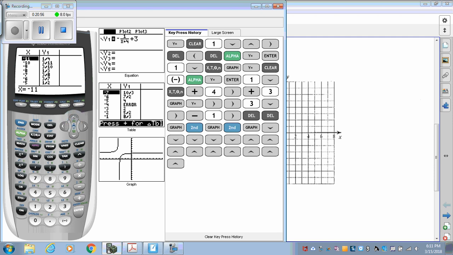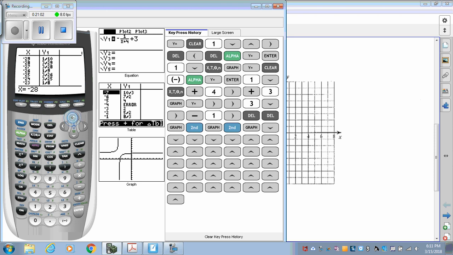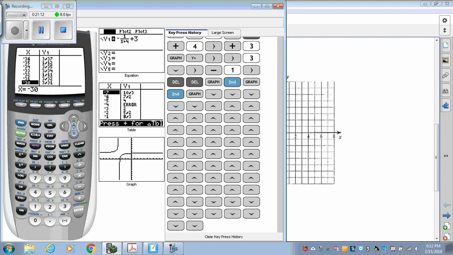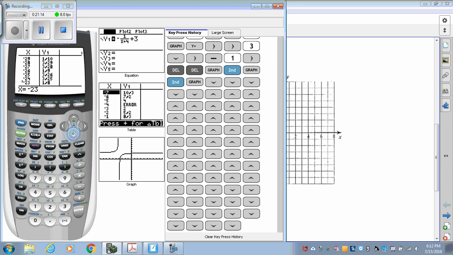See how these are getting closer and closer to 0? All these are less than 1. All these numbers, as I approach negative infinity, I'm just getting closer and closer to 0. All right, so I'm going to stop. And as I approach 0,